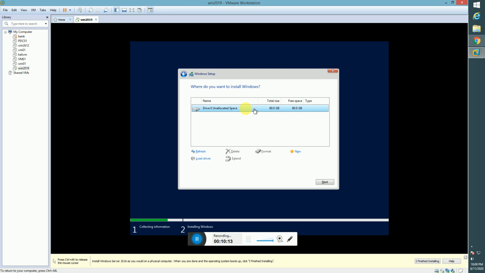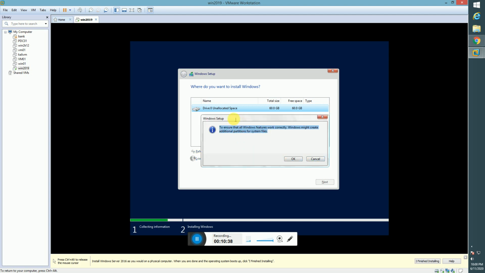To create that, just click on new, select the size whatever you want, say 50 GB for the operating system and the remaining 10 GB for the data. But I don't want a separate drive for data currently, so I am selecting the whole size. I will keep the default.